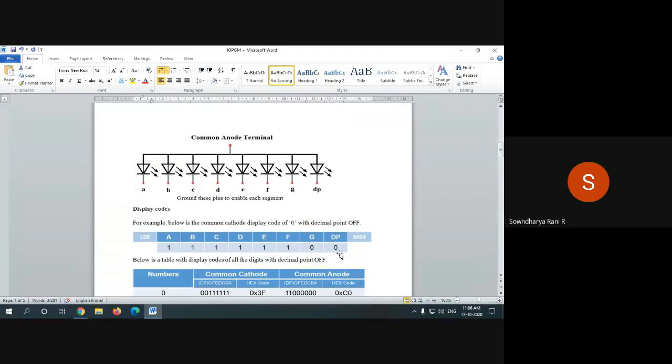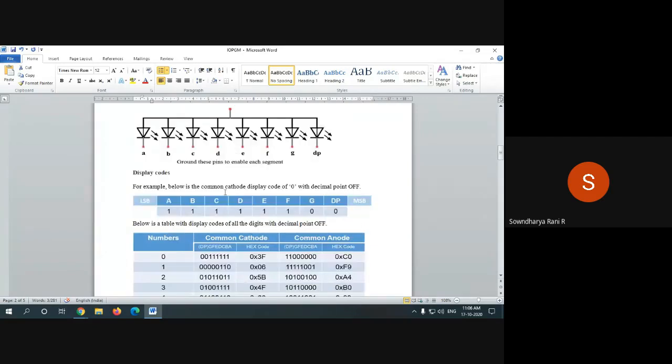So, for example, how to display a 0, with the decimal point off, in a common cathode display. That is what is explained here.